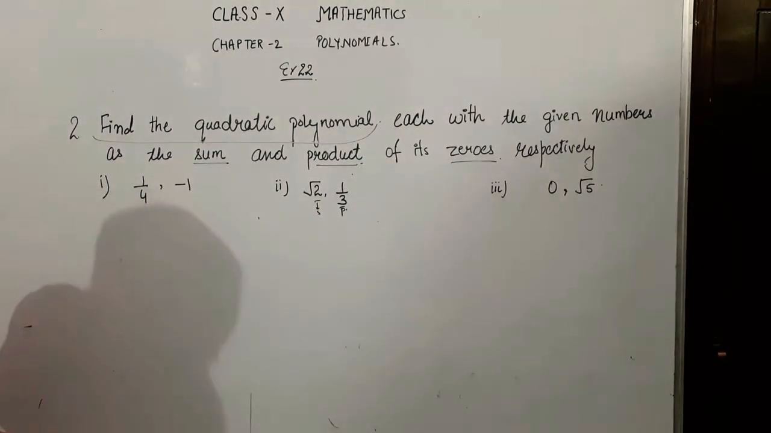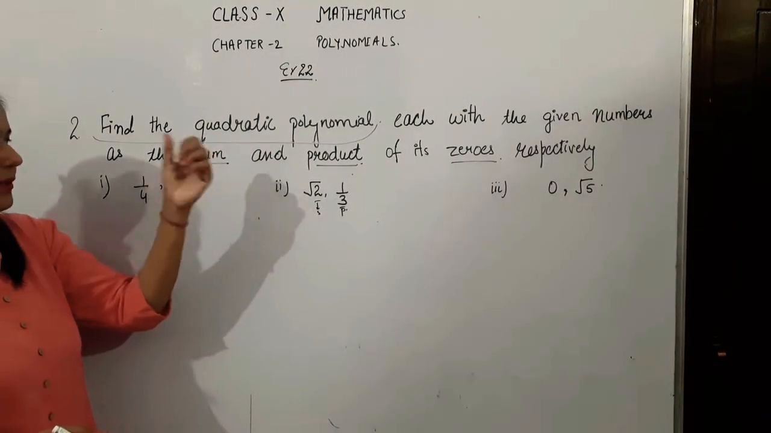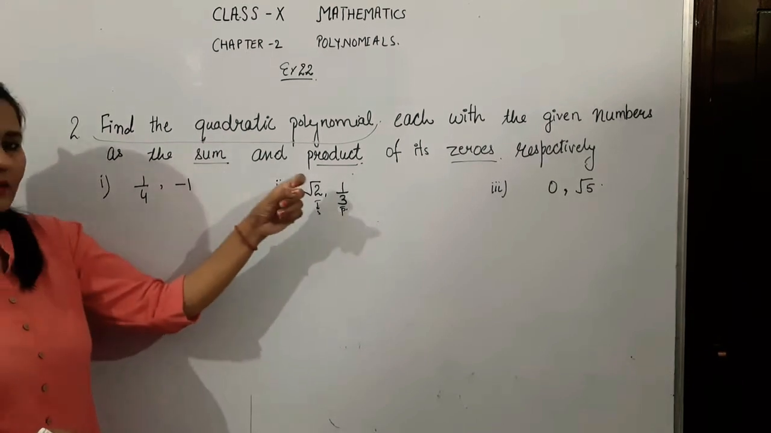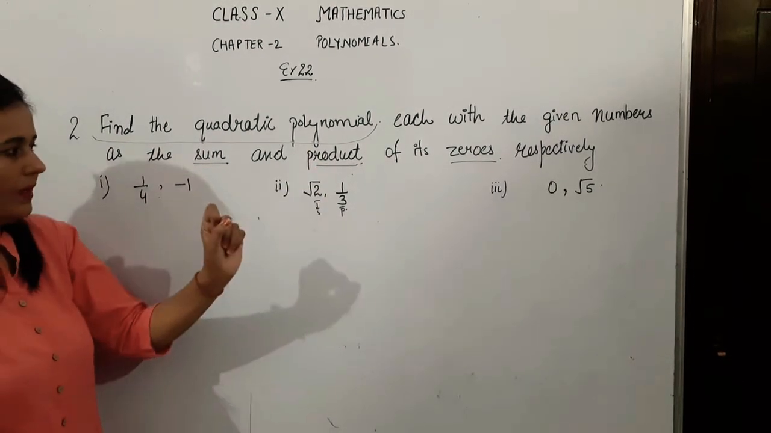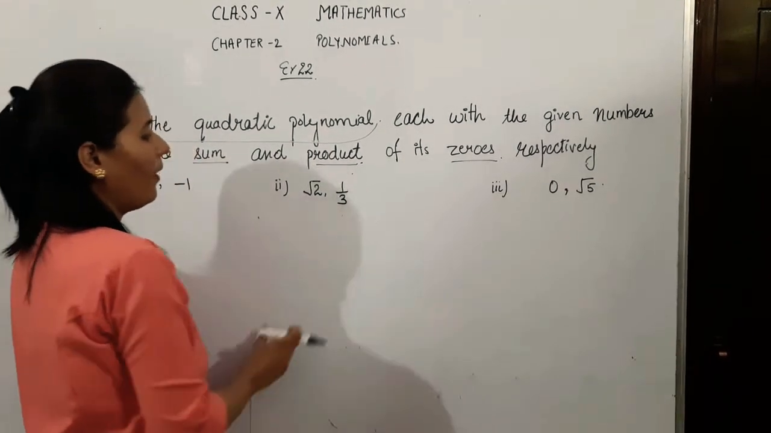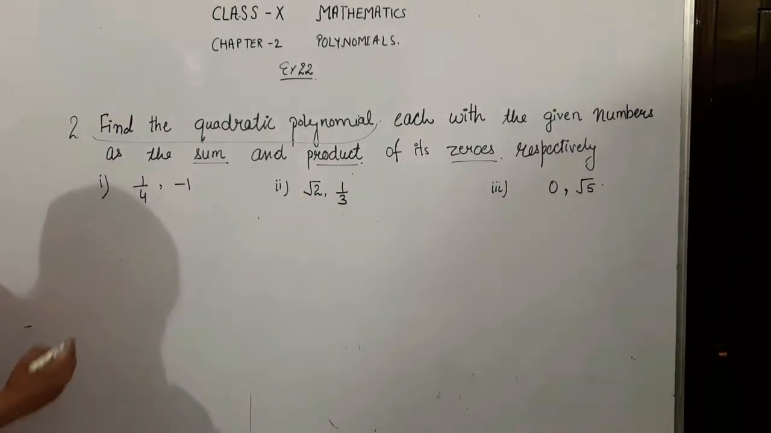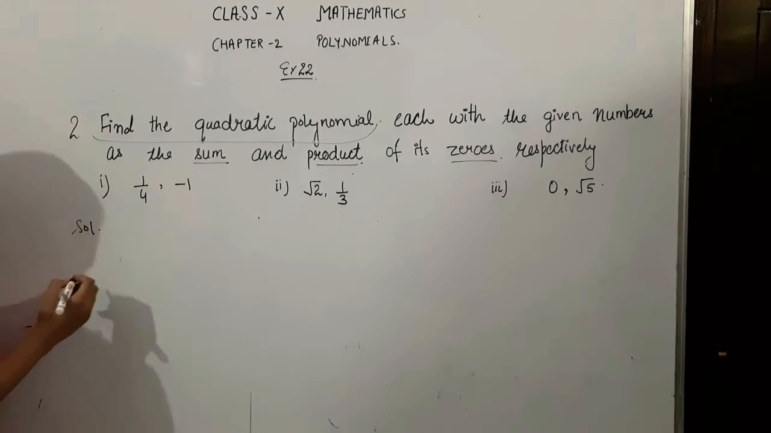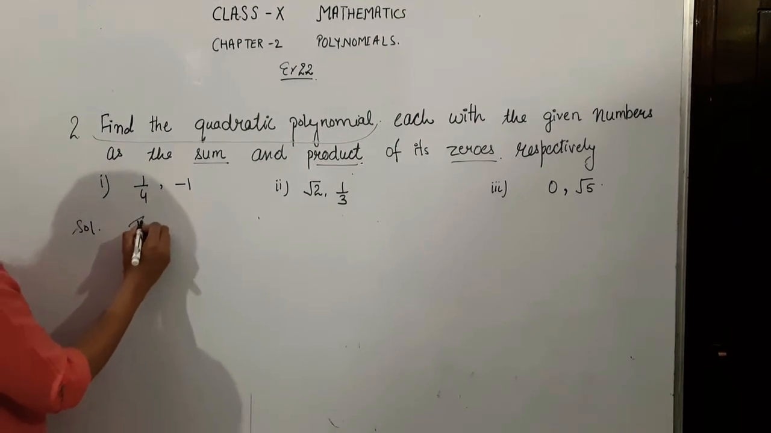Okay. So, we need to find a quadratic polynomial in which the sum and product of the zeros are given to you, right? So, there is one format of writing such types of polynomials, right? How to write? Solution: the required polynomial